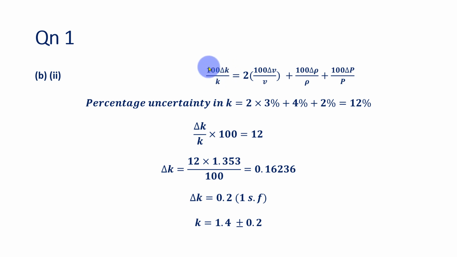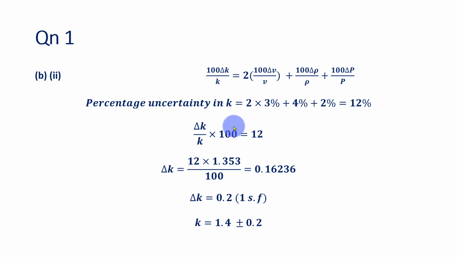This is the percentage uncertainty in K, given by 2 times the percentage uncertainty in V plus the percentage uncertainty in ρ plus the percentage uncertainty in P. So when we substitute in the values, we are going to get that the percentage uncertainty in K will be 2 times 3%. 3% is the percentage uncertainty in V, plus the percentage uncertainty in ρ, which is 4% according to the data, and then plus the percentage uncertainty in P, which was 2. All that gives us